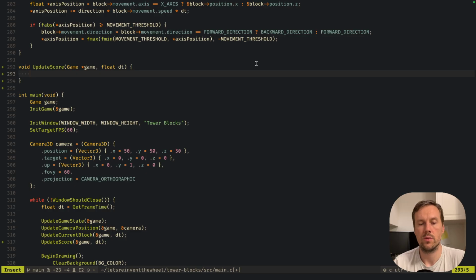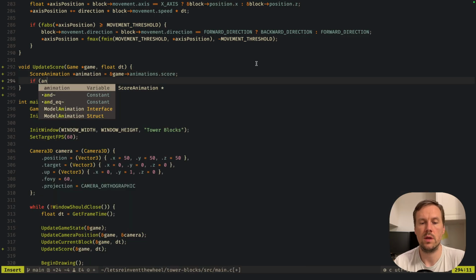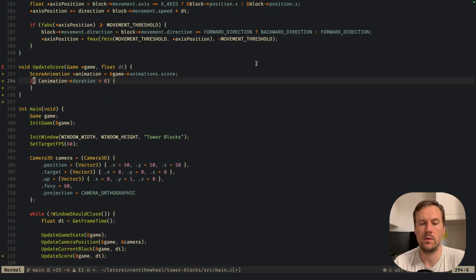Let's also grab ScoreAnimation so that we don't need to type this huge thing out all the time. And then we need to update score only in case duration is greater than 0. Right? So by default it's 0, and once we place the block, we will set the duration to some value, like half a second or so,